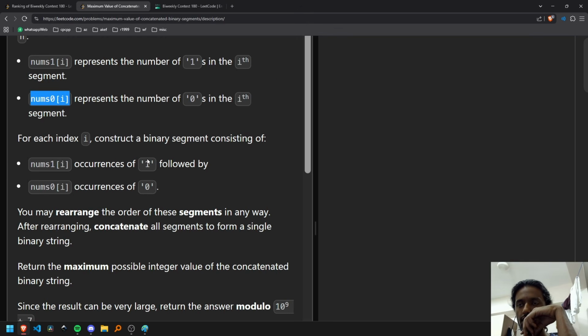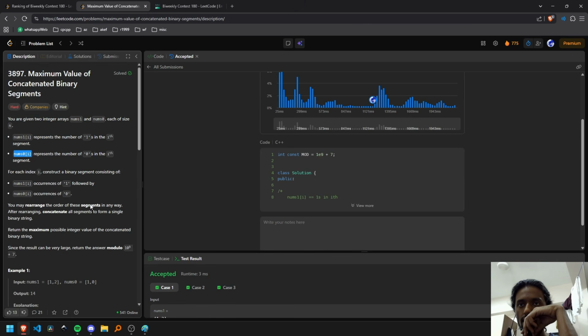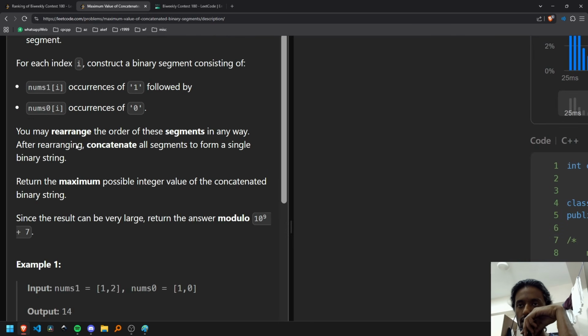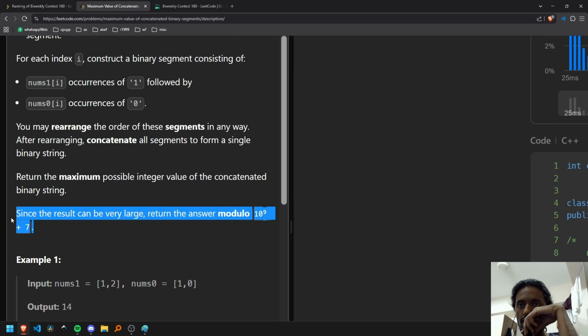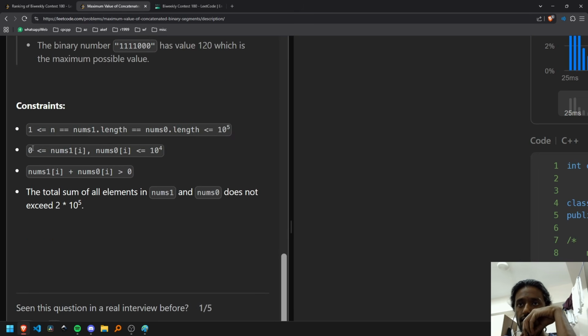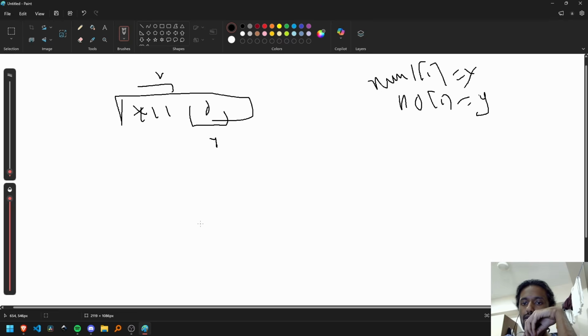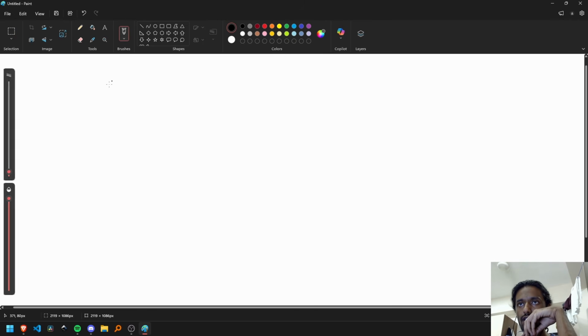And what we had to do was rearrange this array in any way possible, and make sure that the resulting number is the largest possible number, and of course since the number can be very large, we have to return the answer modulo 1e9+7. And the constraints here made this problem really easy. N is less than or equal to 1e5, and the sum of all elements in nums1 and nums0 is also less than or equal to 2e5, which means that if we summed all, sigma